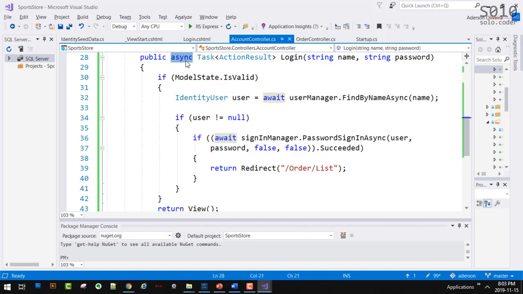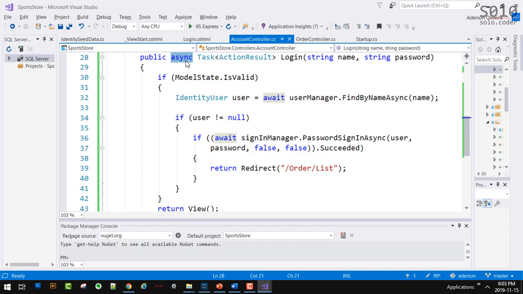So async does not have any correlation with void. Void is the type that you can return for methods, but our methods here have a type. They are not void, okay? This is the type: Task, Action, Results. So again, there's no relation between void and async. Void is when a method doesn't have a return, okay? But our methods, our actions, they have return types.